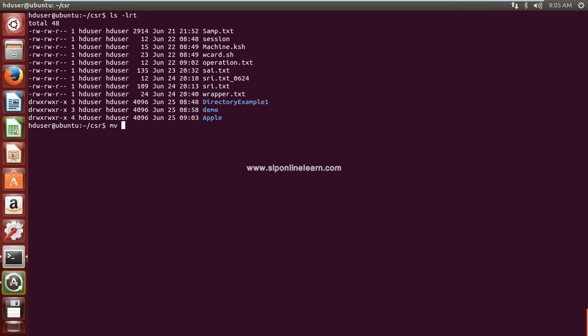The source will be your source file or directory name, and you need to specify the target. If it is in the present working directory, no need to specify the path. If it is not, then you need to specify the path. It can be an absolute or relative path.